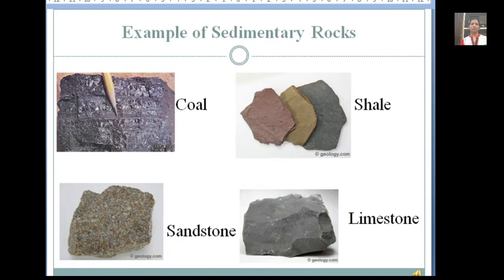Now the importance of sedimentary rocks. Sedimentary rocks are also a source of minerals like coal, mineral oil, and natural gas. It is a source of fertile soil, because when sediments are deposited in the plain area, then it forms fertile alluvial soils, and it also helps. The important thing with sedimentary rocks is that they keep fossils safe,